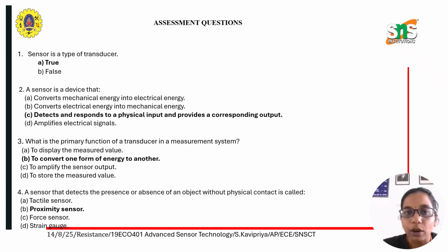So that's all about the topic resistance, where we have studied the various types of sensors and